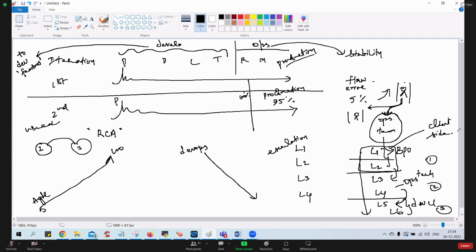If everything is fine and the issue is still not resolved, that is where the teams will look in. Generally L3 and L4 look at our side. Is there any trouble on our production server, or any configuration we are missing? They will take the necessary corrective actions. Got it?